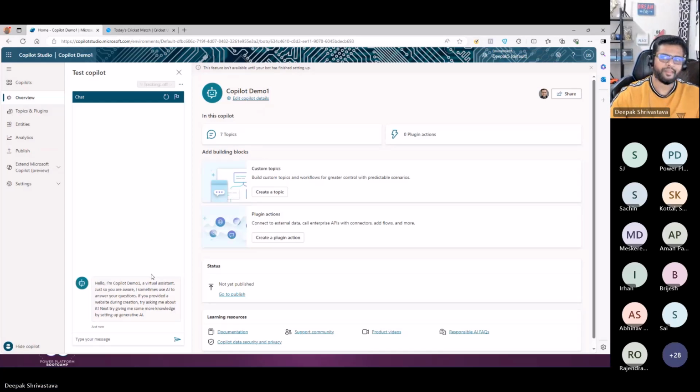Once I click create, as you can see, it's saying your bot is provisioned. The only thing we provided was the name of the website. Now I want someone to put in questions about cricket, any information, and I'm going to ask the same questions here. If someone can do it quickly, any question that comes to mind about anything that you want to know,